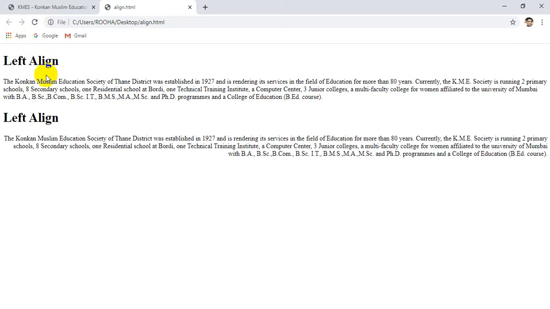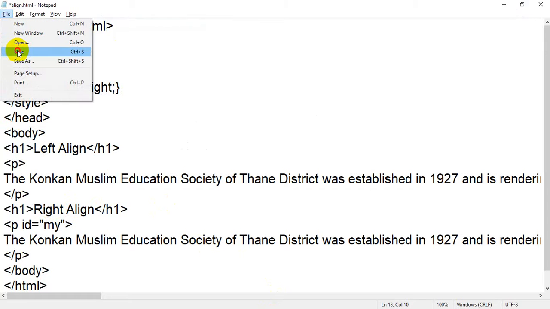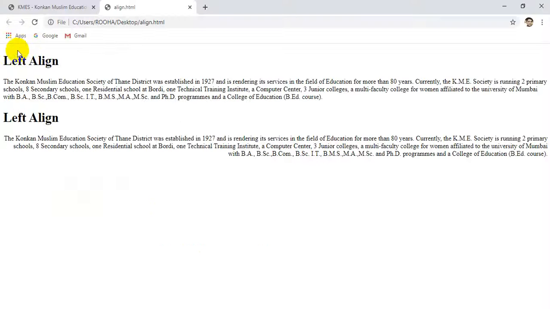Now see, this is left alignment. I just want to change the content of the heading. I have written left, so I will write right align. Just save the file, flip back to your browser, refresh. See the changes. This is the default.